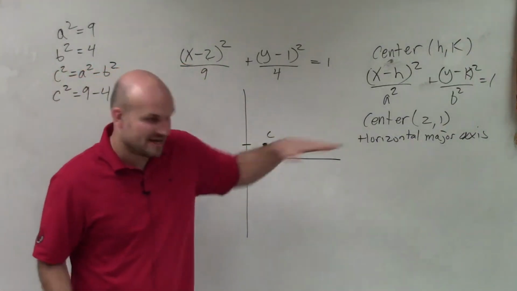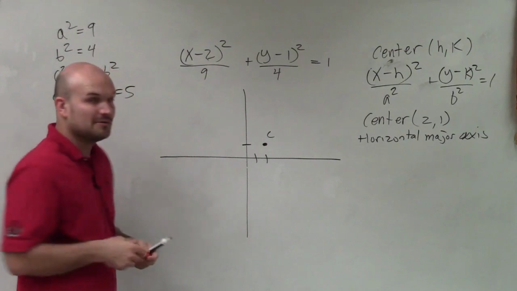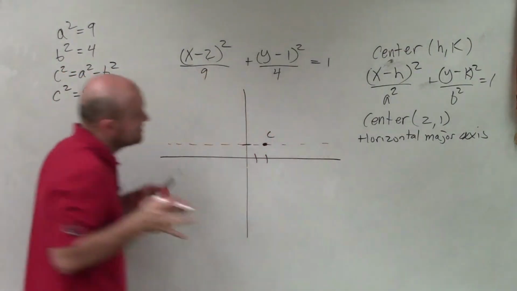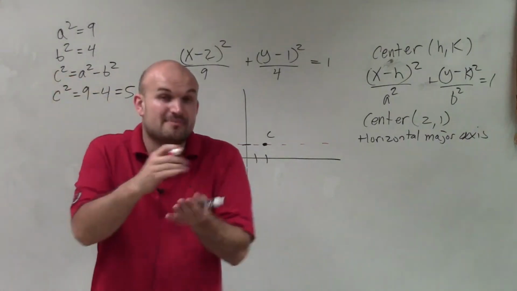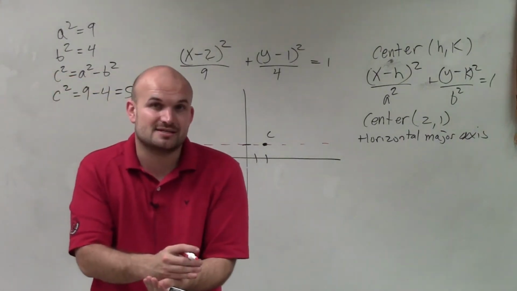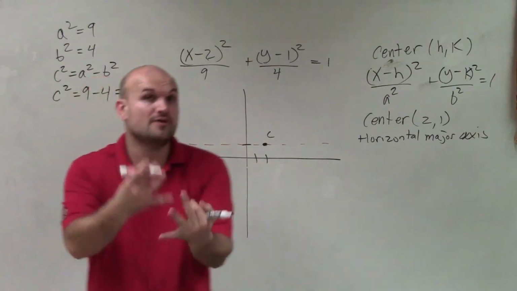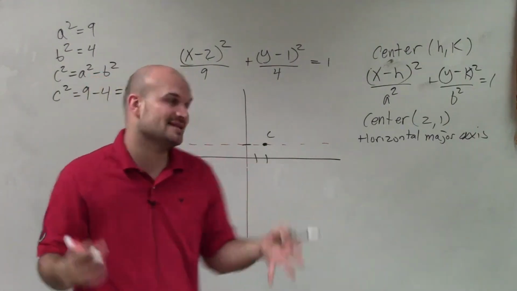Now, again, I'm going to have a major axis. So it's not really a part of your graph, but a lot of times I like to write in that dotted line, because what's so important about this is, remember, the major axis holds the center, which we already see is on there, the foci, and the vertices. And why that's so important is